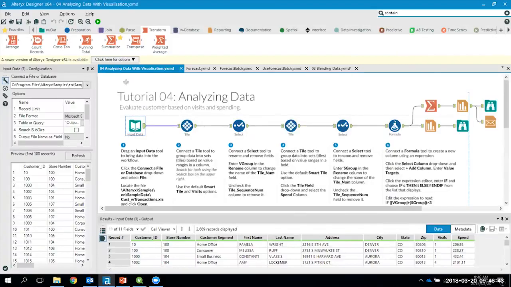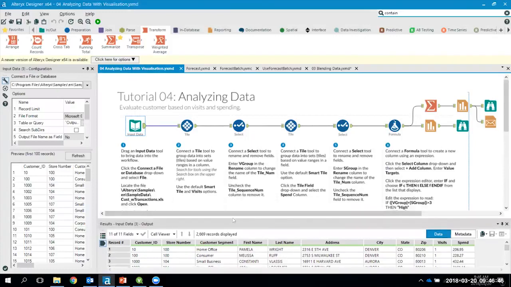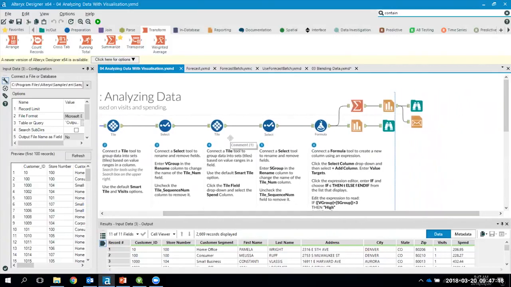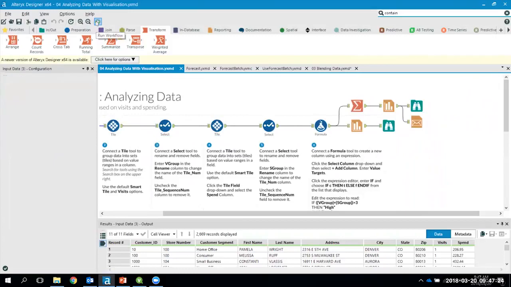Right, a second example I'm going to work through, and I won't drag and drop again, as now I think everyone is seeing that functionality. So this one I have set up already. Again, this is one of the tutorials that came with Alteryx, but all I've done at the end is add a few steps. What this tutorial is doing is taking some input data and tiling the data, in other words, grouping it, firstly according to how many visits a customer had, and then tiling it again according to the value of their spend. And then lastly, we're just doing a summary so that we can output some graphs. And then I've also emailed a version of one of the graphs to myself. So if we run that,